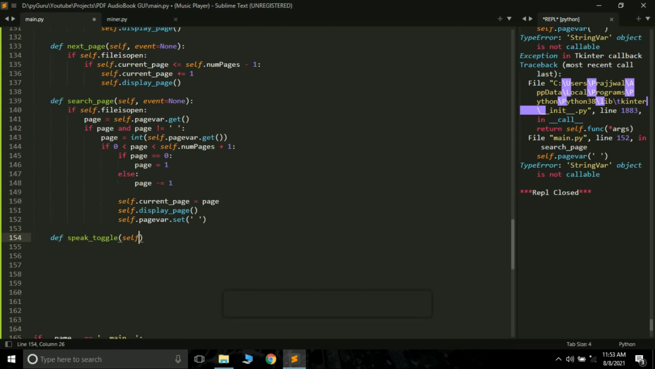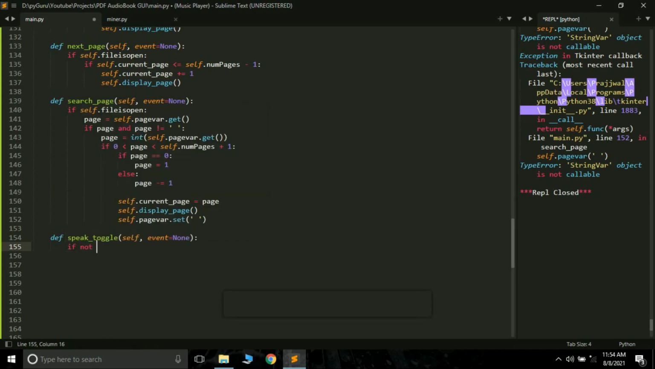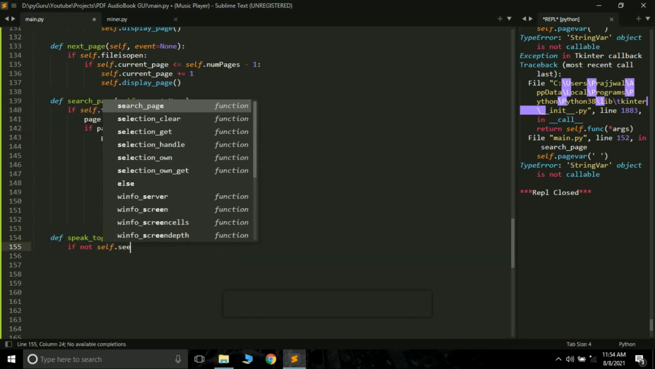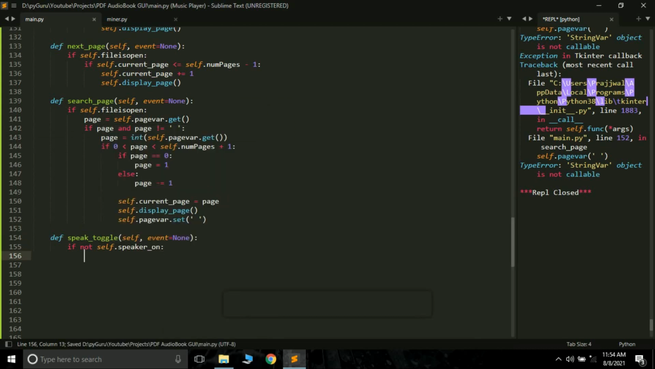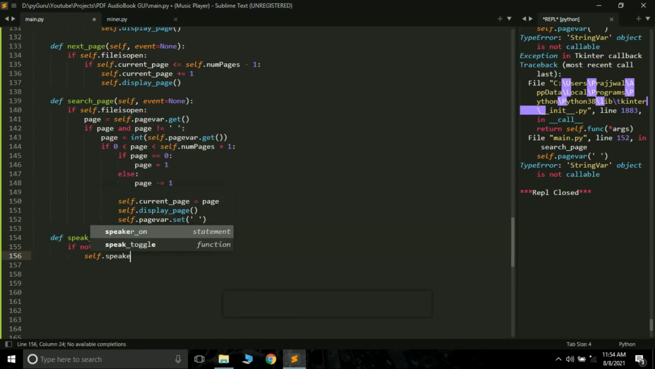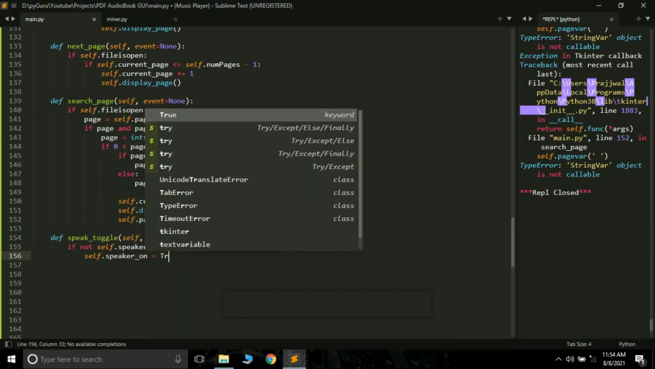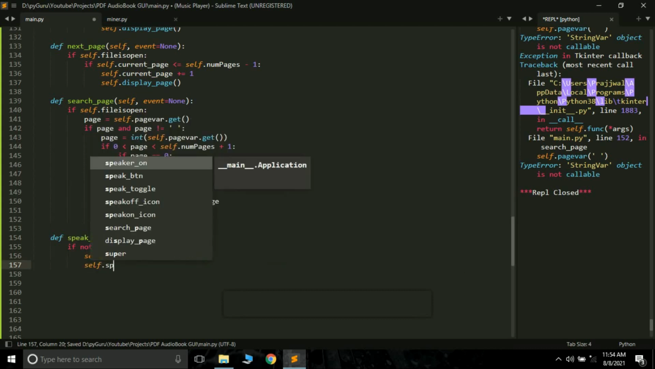Here I want to pass self, and then again event equals none. I will also bind it to a key press in a minute. Okay, so speak toggle. If not self.speaker_on, basically it means that if the speaker is not on, then we set self.speaker_on to true. If the speaker is not on, then we have to turn it on, and then we have to change the image